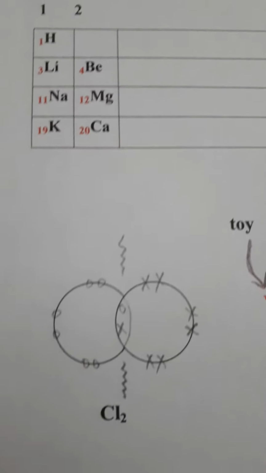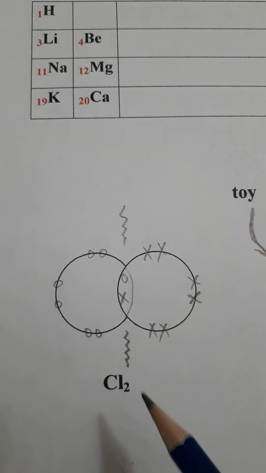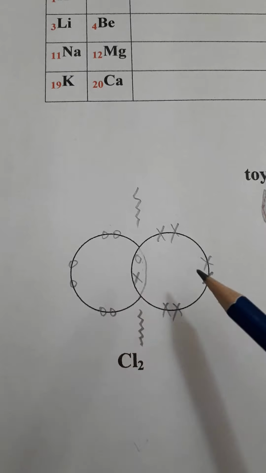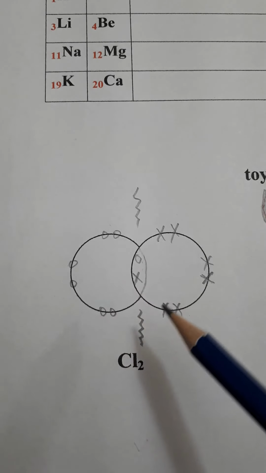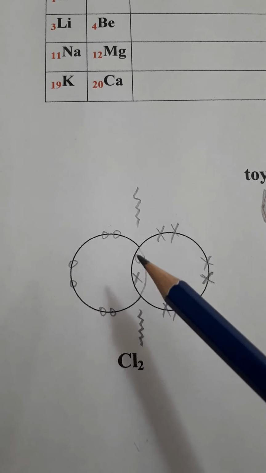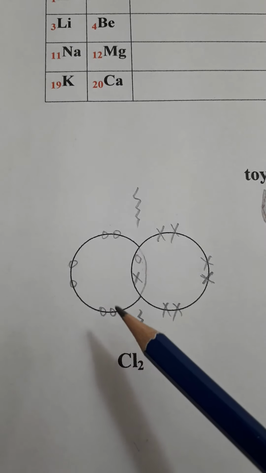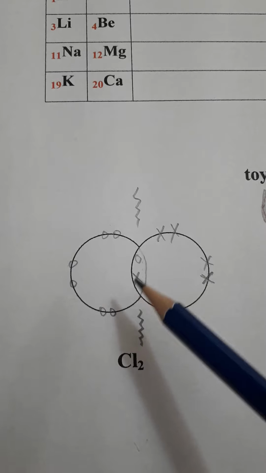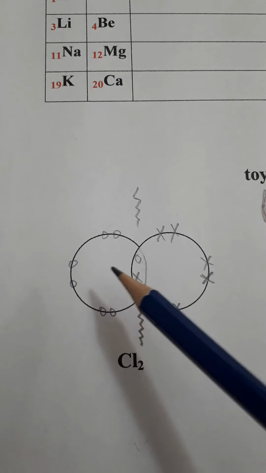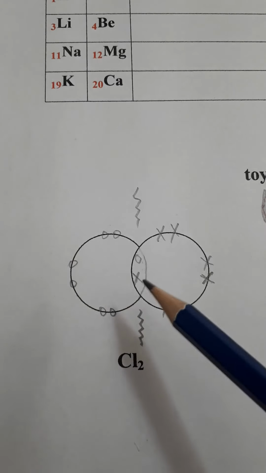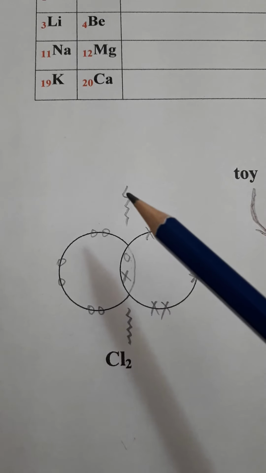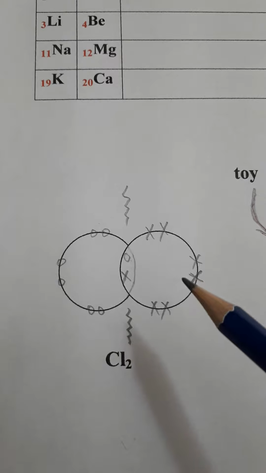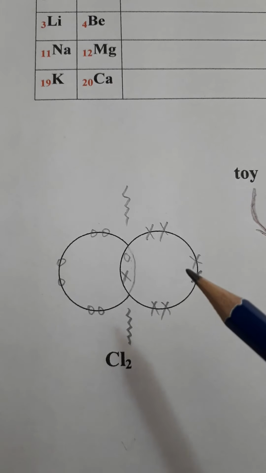This is your chlorine molecule. If you can remember the previous lessons, a chlorine molecule is a combination of two chlorine atoms. Each atom has 7 electrons in the outermost shell: 1, 2, 3, 4, 5, 6, 7. They are sharing 2 each, 1 each in the center. Now in this reaction, this chlorine molecule will break into 2 chlorine atoms. These are actually 2 chlorine atoms.